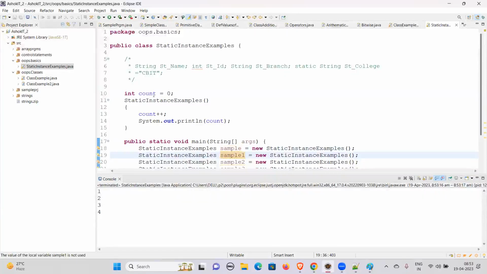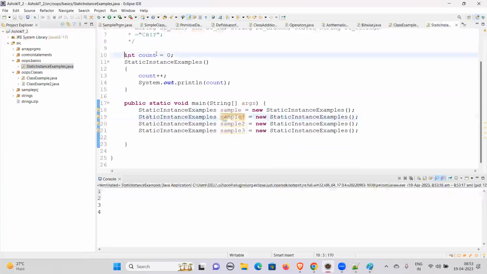Whatever count we define for this object will remain only within the scope of this object. I mean to say that it will reset its value to count equals 0 for this object, and after calling this constructor it will increment its value. For the next object, it will again reset its value, count equals 0. For this object too, it will reset its value to count equals 0. But in the case of static,